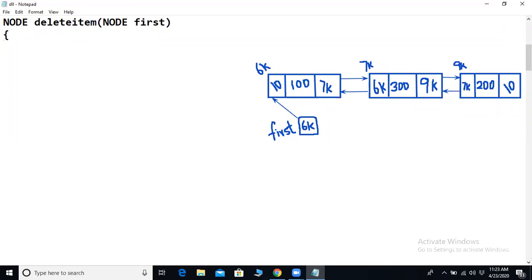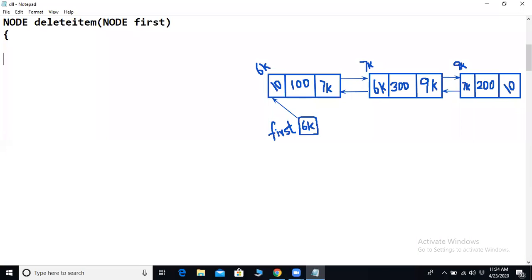Now when you start the function definition of delete item, we have to consider all the possible scenarios. Starting with the very first scenario, if our linked list is empty, is it possible to delete the given item? No. Correct. So the first thing is that we have to check whether our doubly linked list is empty or not.